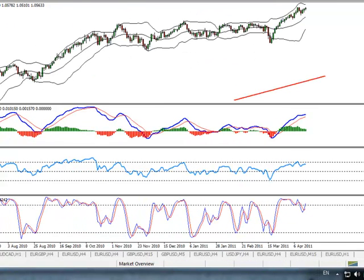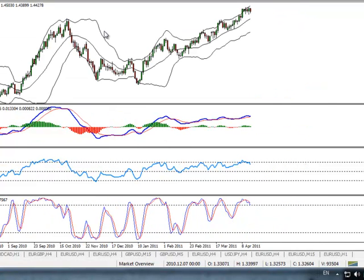So once again, those are the expectations from Bernanke and from the market. The 27th is a very important date. So let's start. The euro dollar